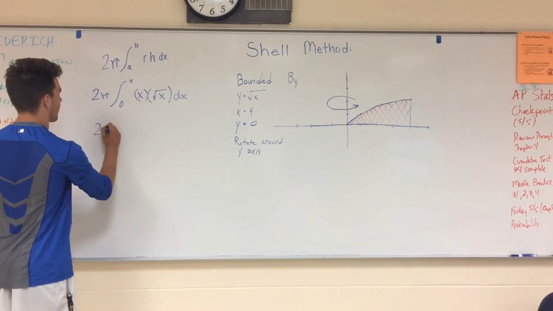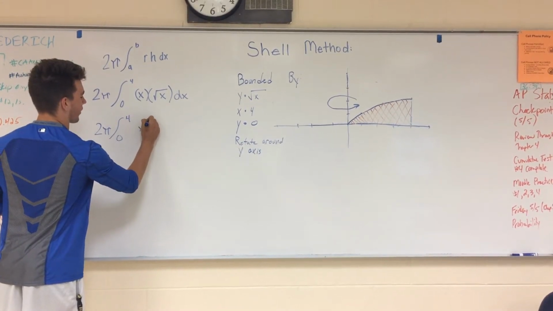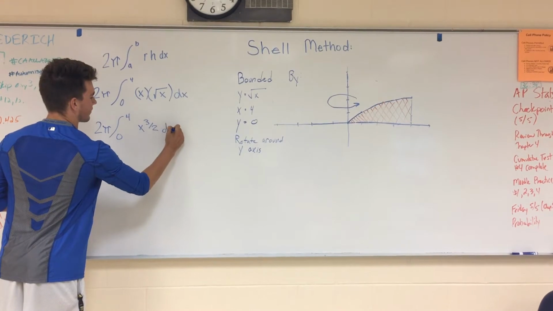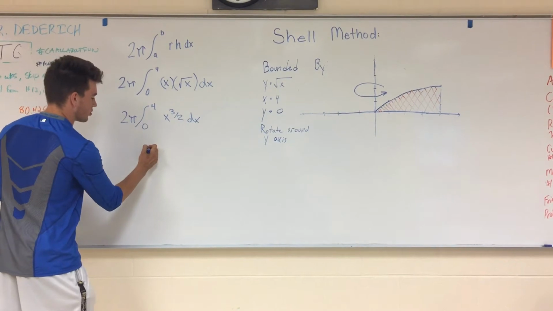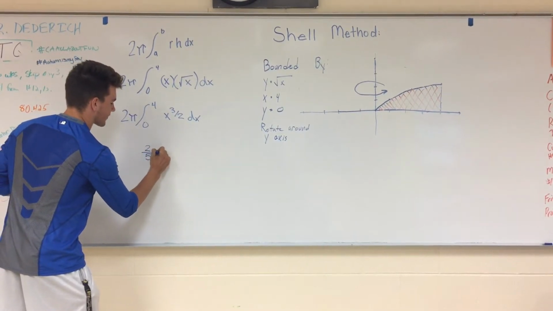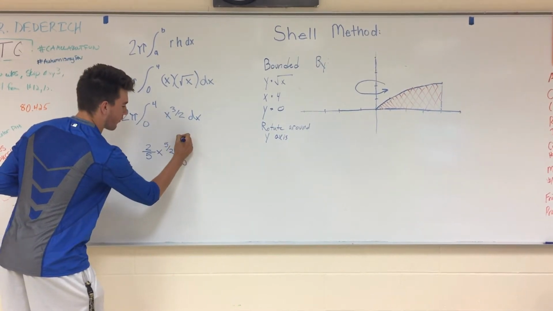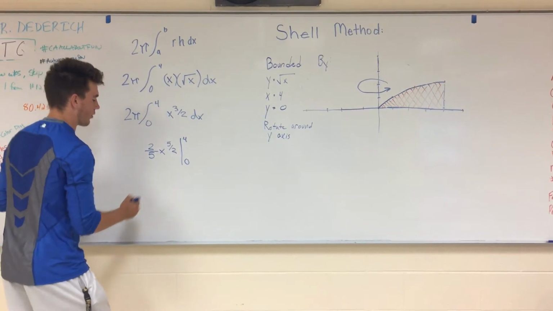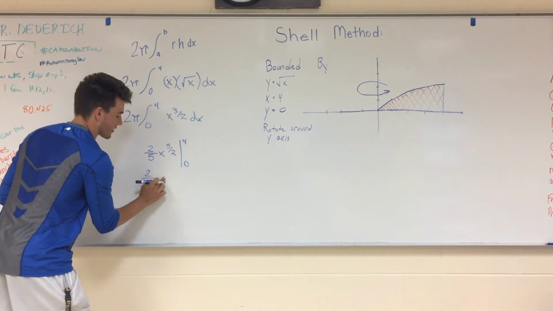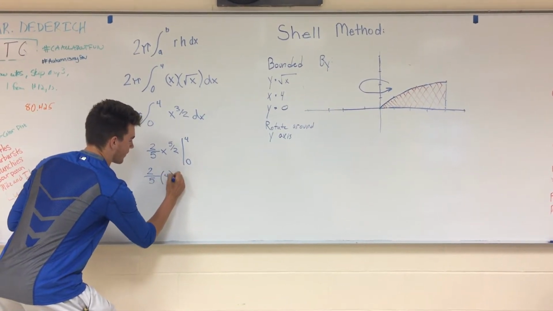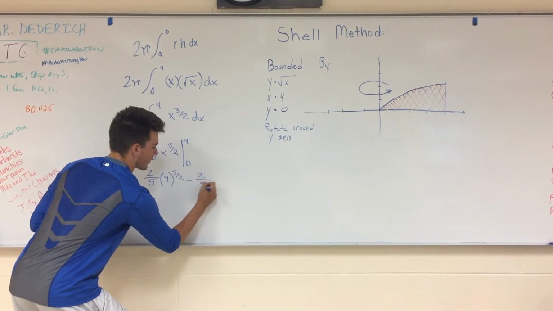So we have 2 pi over the interval 0 to 4, x to the 3/2 dx. So next we're going to take the antiderivative of this. We're going to go 2/5 x to the 5/2 over the interval from 0 to 4. We're going to evaluate this. 2/5 x, which is going to be replaced as 4, to the 5/2 power, minus 2/5 0